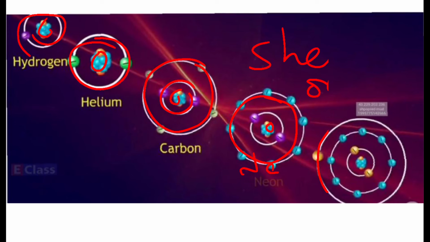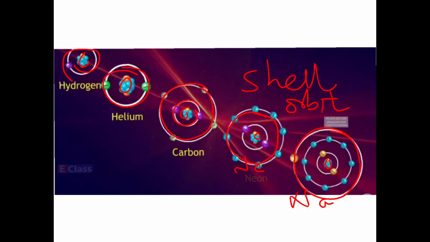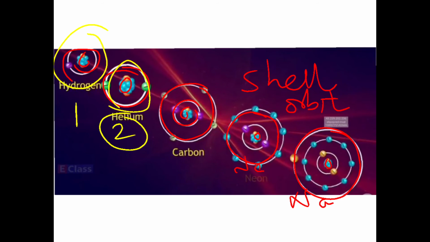Now there are some electrons in that. For example, I have one electron in the outermost orbit of hydrogen. I have two electrons, which is a completely filled second shell. In the third shell I have 4 electrons in the outermost orbit. Here again it is completely filled by 8 electrons. In sodium I have 1 electron in the outermost orbit. The number of electrons in the outermost orbit is called the valence electrons. I repeat, the number of electrons in the outermost orbit is called the valence electrons.